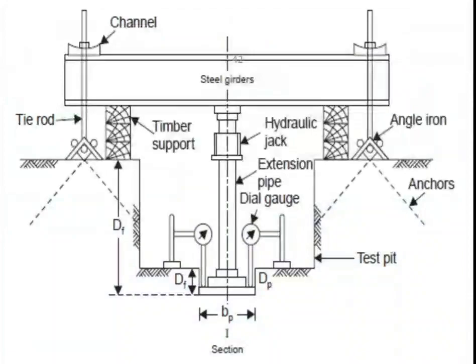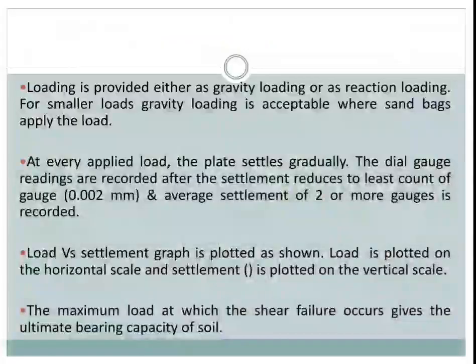After applying the loading, the settlement of the soil should be recorded in a dial gauge. After each increment of load, the settlement should be recorded at intervals of 1, 4, 10, 20, 40 and 60 minutes, and thereafter at hourly intervals until the rate of settlement becomes less than 0.02 mm per hour. The maximum load to be applied is 1.5 times the ultimate load or 3 times the proposed allowable bearing pressure.